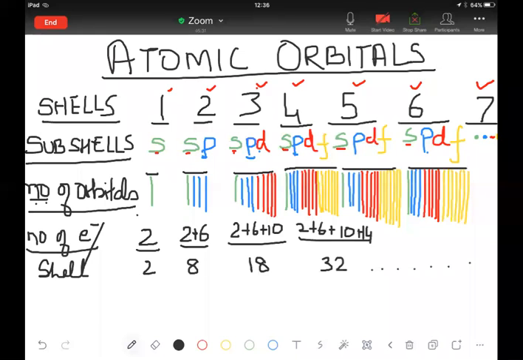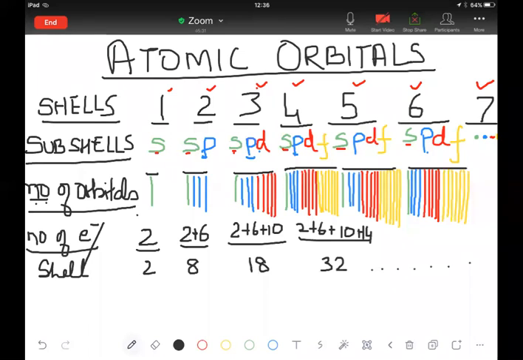Now, you are coming down to the orbitals. Remember, I told you orbitals are the main concept in the wave mechanical model that we discussed, that the probability of finding the electrons in these orbitals is the maximum. Orbitals are the three-dimensional region around the nucleus where the probability of finding the electrons is maximum. So you can see in the number of orbitals, in all these clusters that I have shown, S is always having 1. So S is 1.